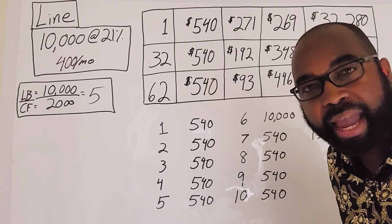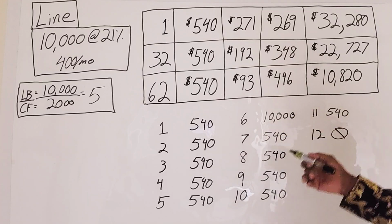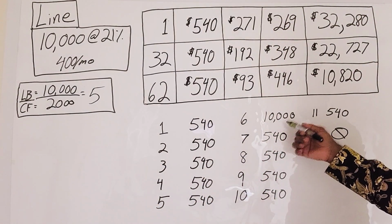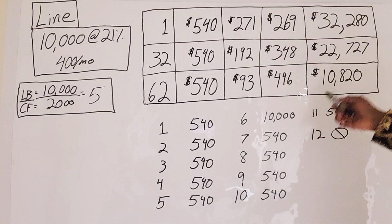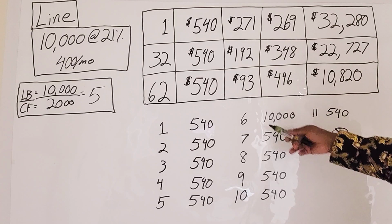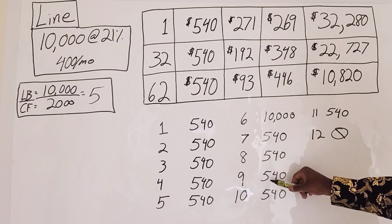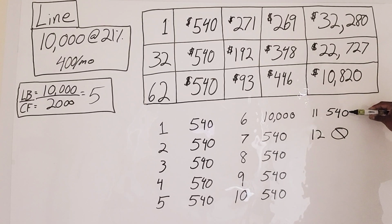but not with Velocity Banking. With Velocity Banking, you're already almost close to paying a $34,000 10% auto loan off at month 6. Now, you're not done though, okay? You still got a balance, okay? You're already at this number, great job, but you still have to pay it off. So let's do $540 month 7, $540 month 8, $540 month 9, $540 at 10, $540 at 11,